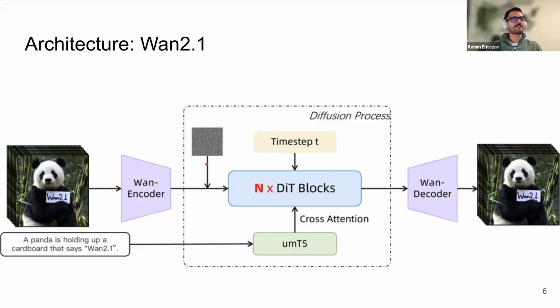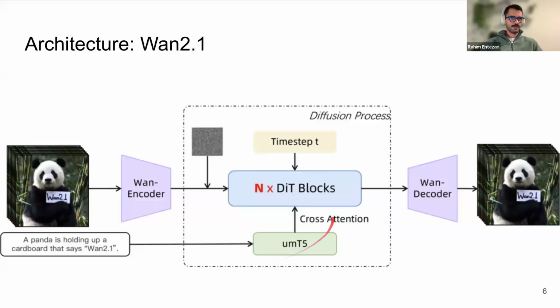We add noise, as we did for the previous slide, and we do the diffusion process, which is multiple steps. Let's say while doing inference, we do this 50 times or less. So we add noise, and then the DIT blocks, the diffusion transformer blocks, have the job of denoising this. And of course, we can use some cross attention through some text. For example, here we use an offline T5 encoder to cross attend through these DIT blocks, so that when we add noise and then denoise, we guide how this denoising process should be done